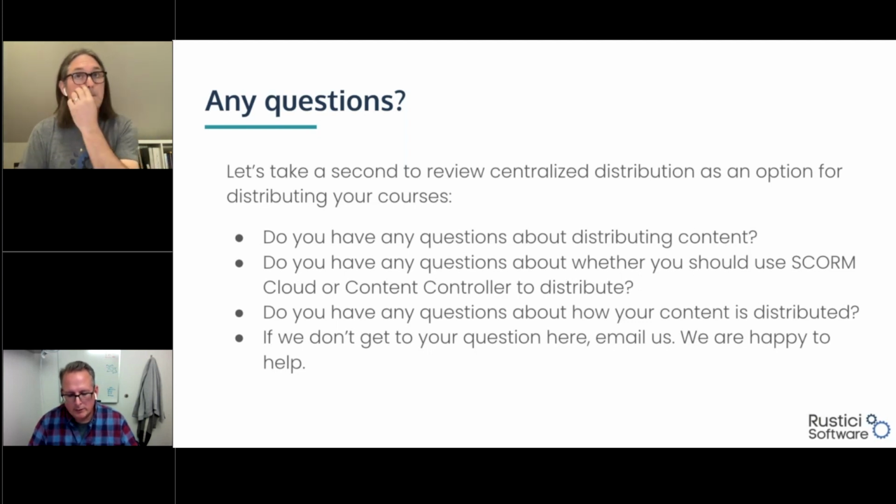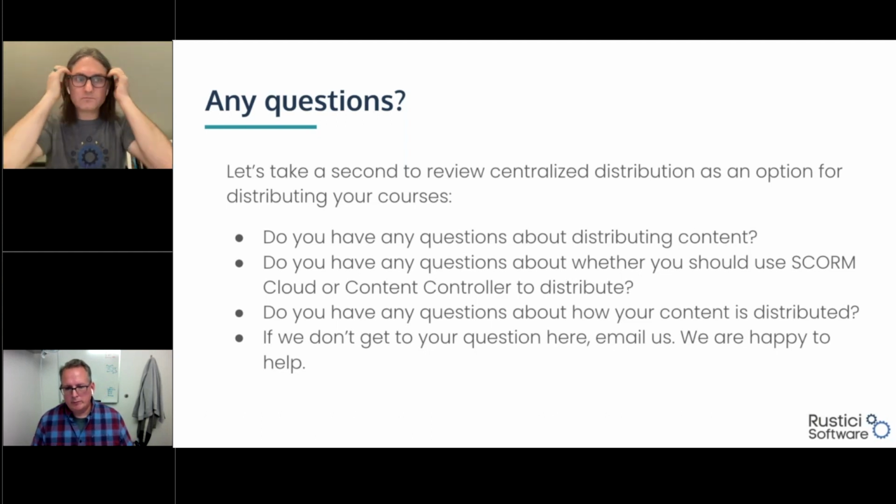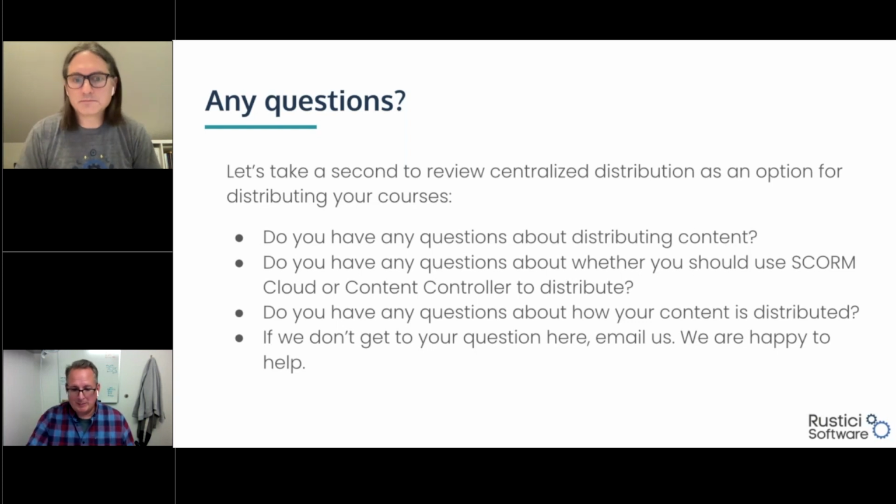We had a question about Moodle. Does Moodle support SCORM 2004? I'm referring to Moodle version 3.9. It is my understanding that natively Moodle still only supports SCORM 1.2, but we have seen people modify Moodle to support SCORM 2004, either via the SCORM Cloud API, like Andy talked about.